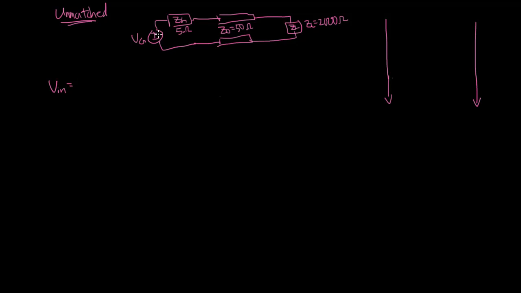To do that, you take the generator voltage and do a voltage divider between the transmission line characteristic impedance and the generator impedance. And remember, because this is a transmission line, you don't see what's going on at the load side yet. So we have our generator voltage times Z naught over ZG plus Z naught, which is going to be equal to